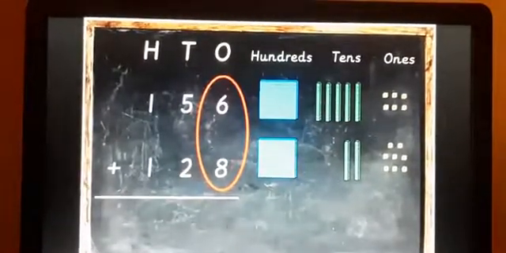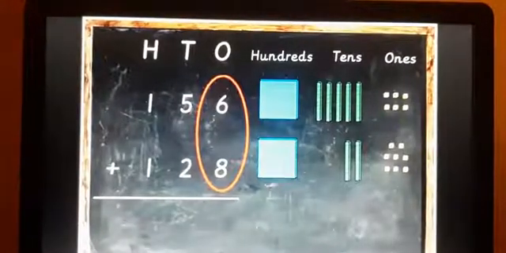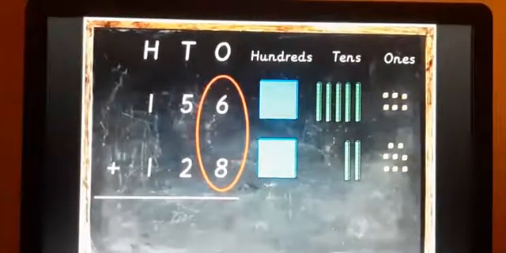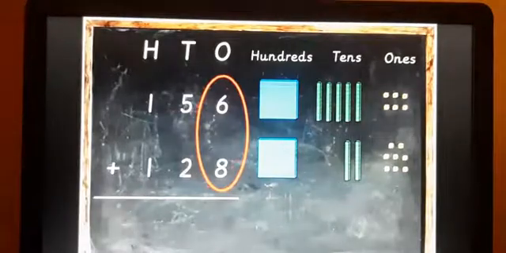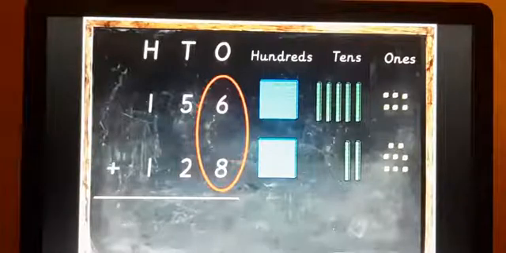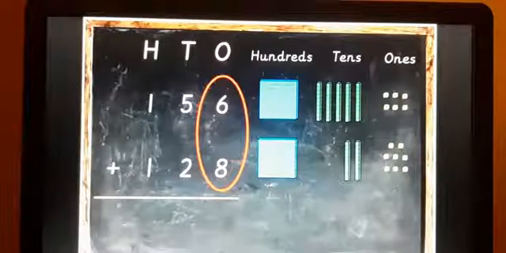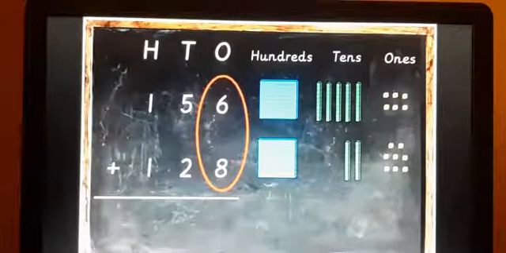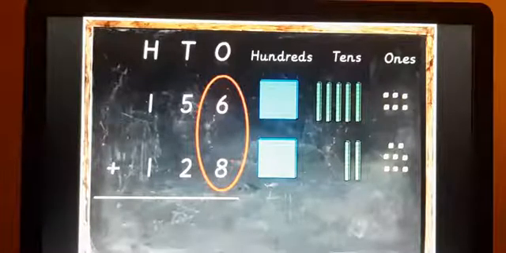Now 6 plus 8 is given. Add the dots there. 6 plus 8. First you take 6, then count on 8 further. Count on your fingers. Keep 6 in your mind, hold 8 in your fingers and count now. After 6 what do you get? You get 7. So 6 plus 8: 7, 8, 9, 10, 11, 12, 13, 14. So you got 14. In 14, which is the ones place? 4 is the ones place. You have to write 4 in the ones place. And where will 1 go? Yes, right, 1 will go to the tens place.